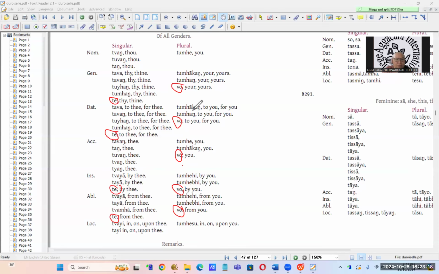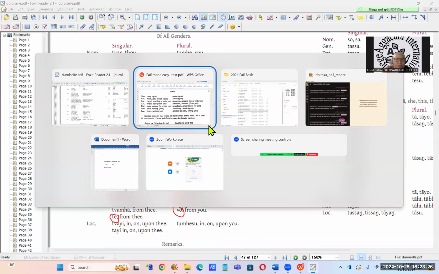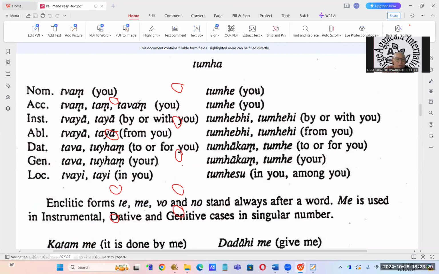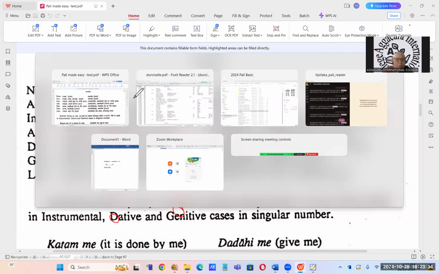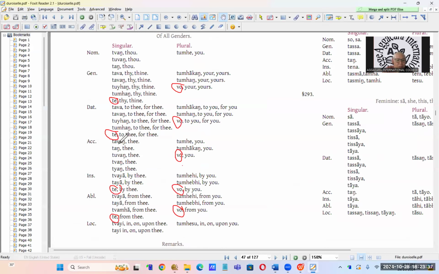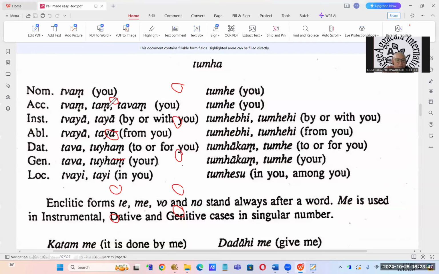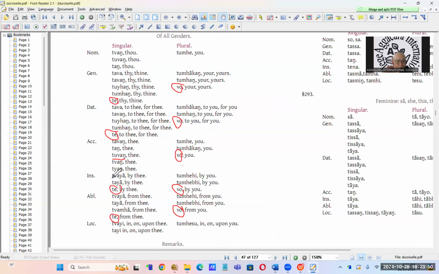Quite the same as just now. But you can see here, accusative. So in Pali grammar, it only shows 1, 2, 3. Okay, 1, 2, 3 only for accusative: tuam, tam, tavam. But here it shows tavam, tam, tu, another one, tui. Okay, and here, just now, tavam. Okay, this one is also another one. This one, I think. Okay, yeah, right.